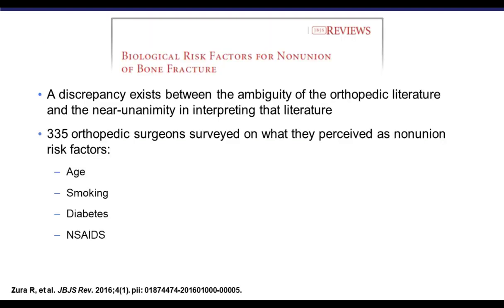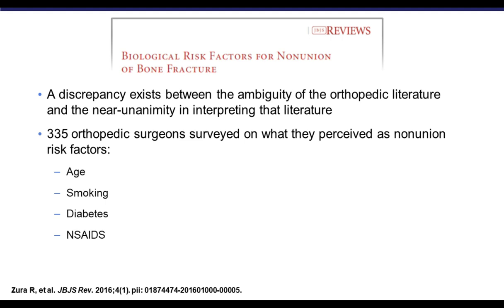So we are arguing that there's a discrepancy between the ambiguity of the orthopedic literature and the near unanimity in interpreting that literature. I'll show you that graphically in a second. We're going to look at age, smoking, diabetes, and NSAIDs in particular. We surveyed 335 orthopedic surgeons, and that's where I get the near unanimity. Then we're going to look at what the literature says, to compare what we believe as surgeons to